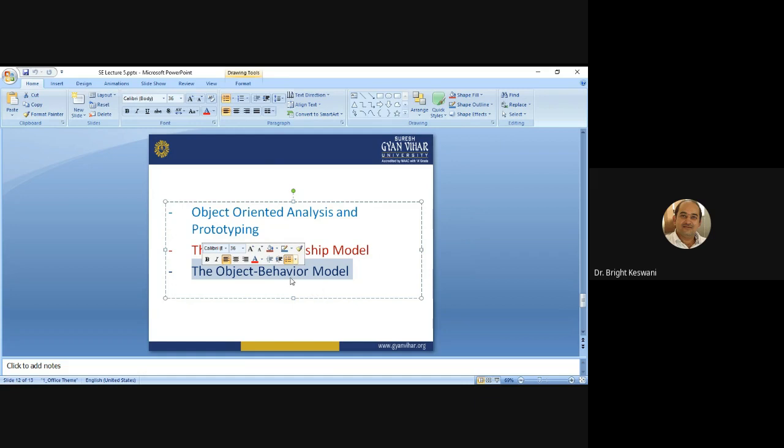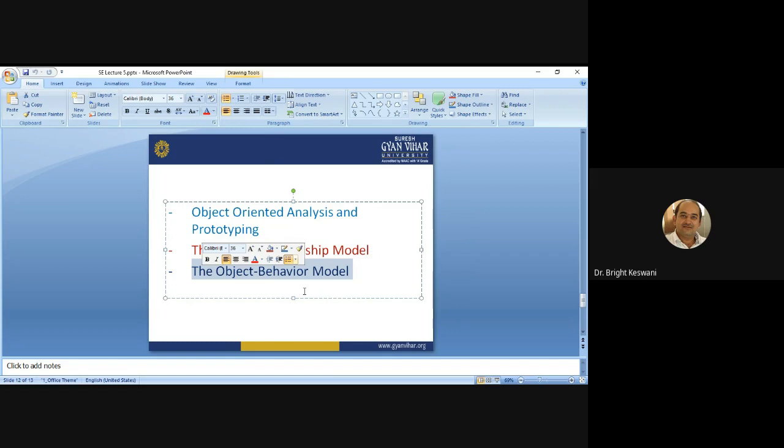So the behavior of the system is evaluated in terms of specific events and time. To create the object behavioral model, the analyst must perform some steps, like in the first step, evaluate all use cases to fully understand the sequence of interaction within the system.